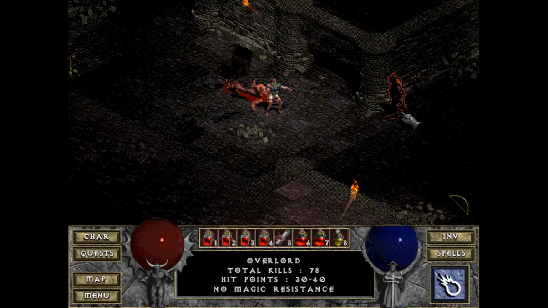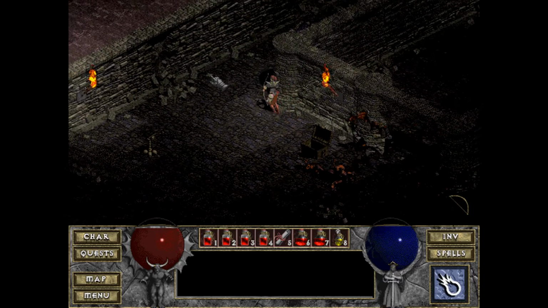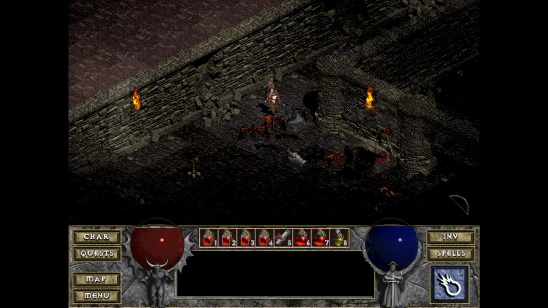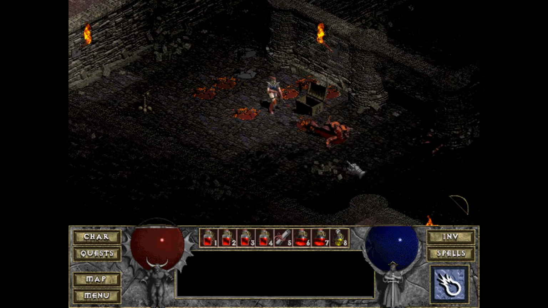maybe even a majority of unique gear had a downside on it. It was powerful, but they typically had some sort of downside, like a negative stat or negative effect. I'm not sure if it's as bad in Hellfire, because I'm not 100% sure, but basically what I'm saying